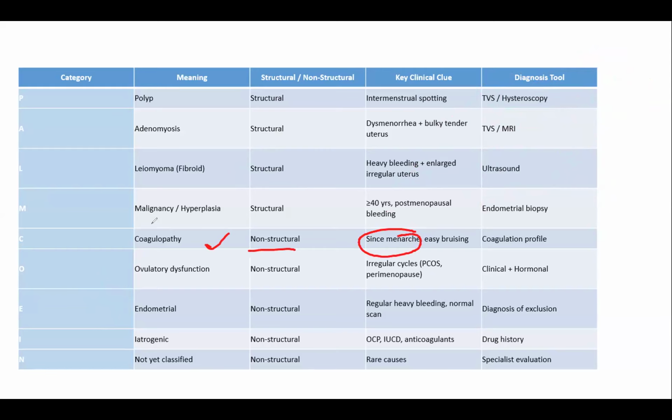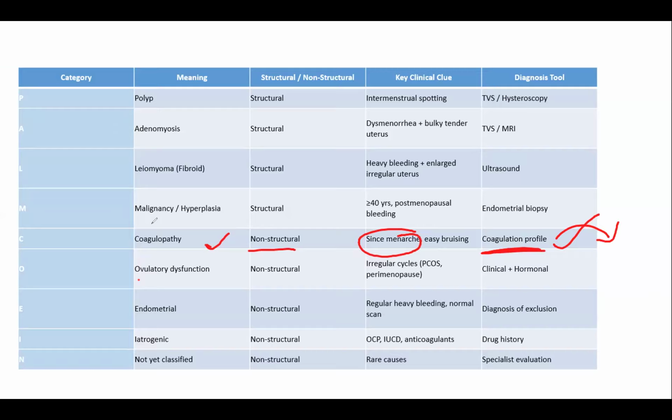Along with these, the patient will tell that whenever I brush my teeth, there will be bleeding, there is history of epistaxis, there is easy bruising, wound will not be healing properly, I have lot of bleeding. Then the best investigation of choice is to assess the coagulation profile, rule out which coagulation abnormality is found. So these are